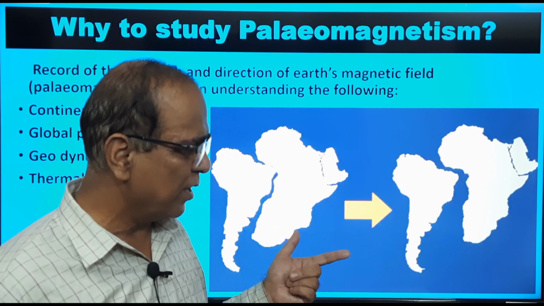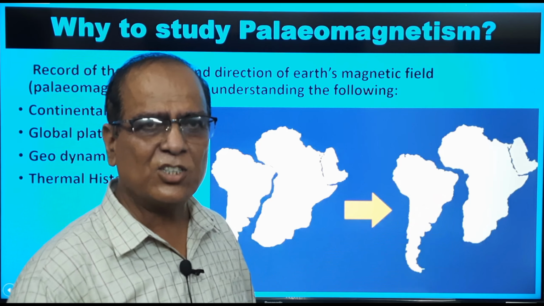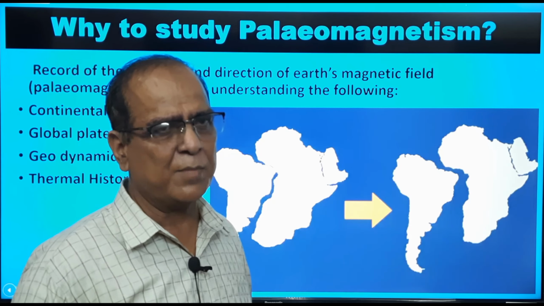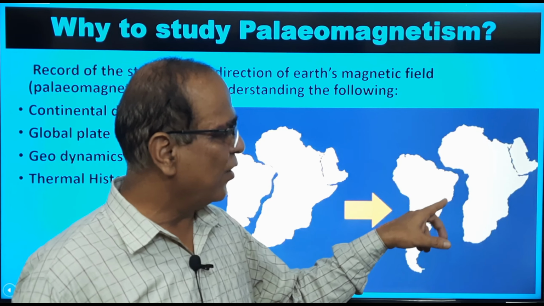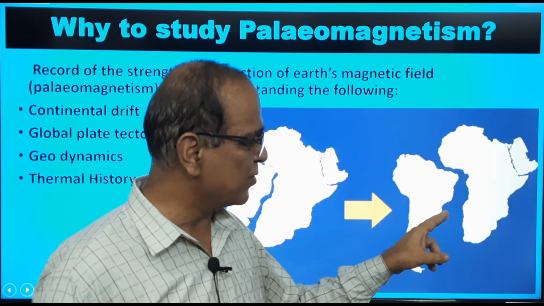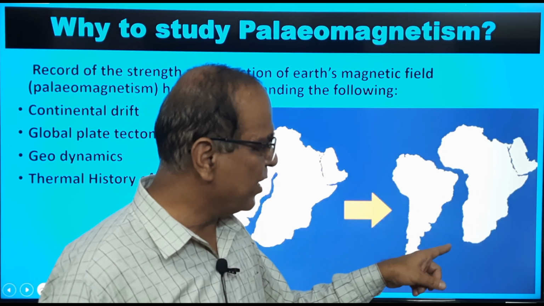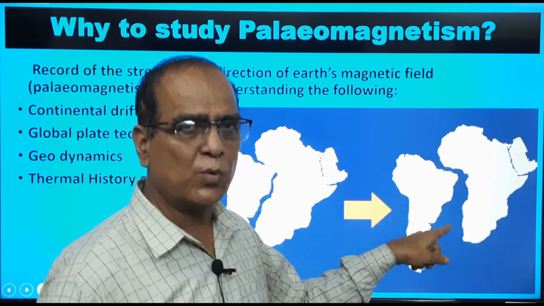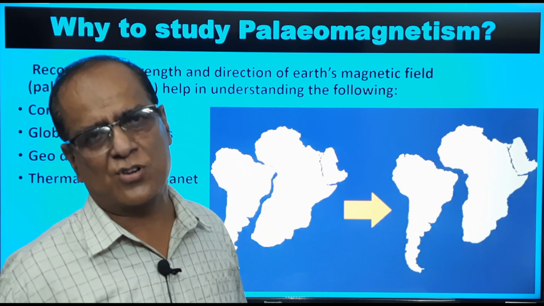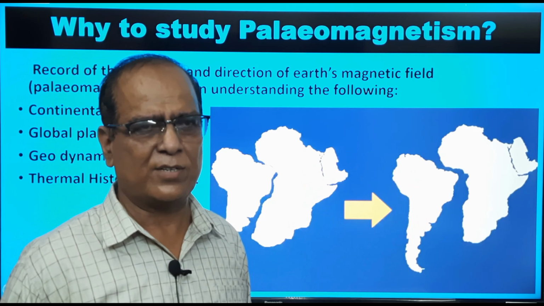So what might have happened? I have taught you previously that when the sea floor started spreading out, at the place of the mid-oceanic ridge, lavas and magmas kept coming out and then spread from there, and in that course of action these two continents kept on moving apart, and today we are finding the big Atlantic Ocean. So this is why it's for sure that continental drift has been happening. This is the glaring example of that.